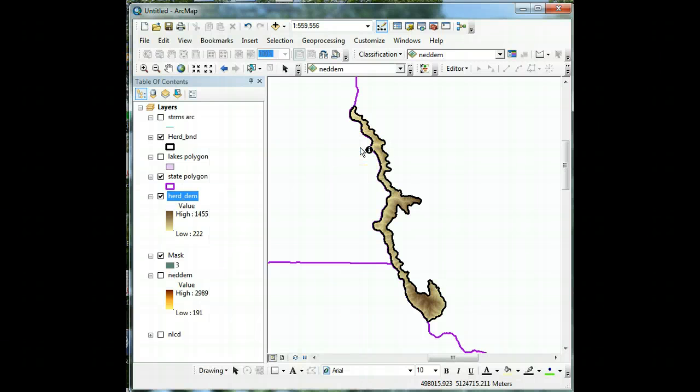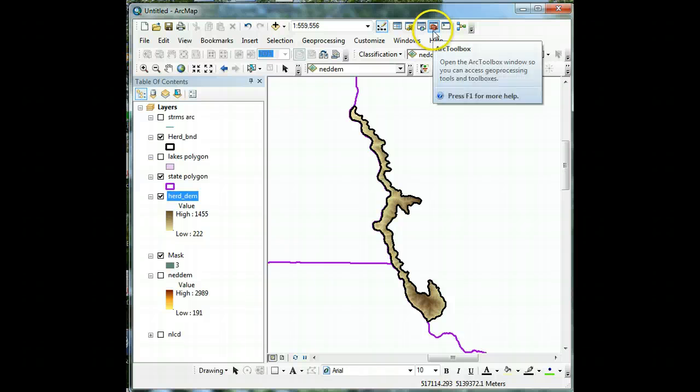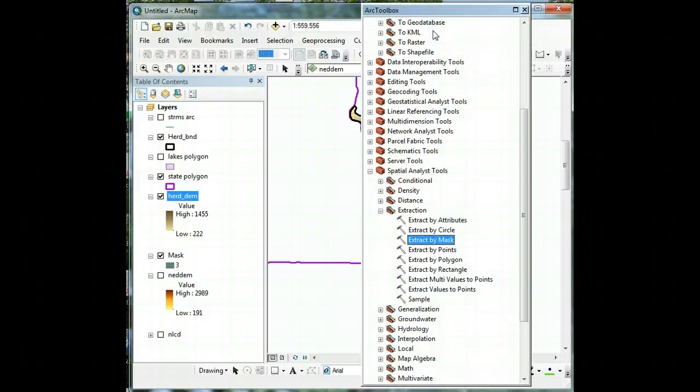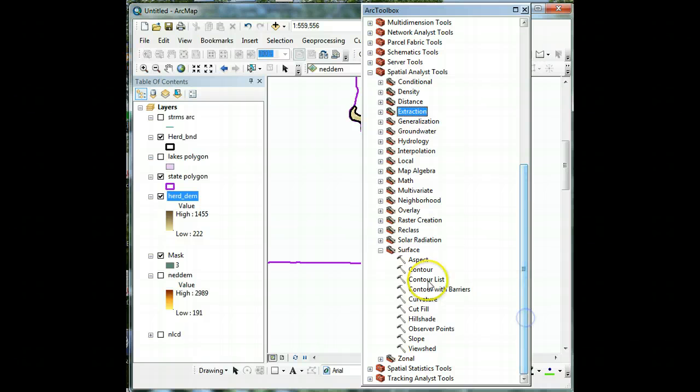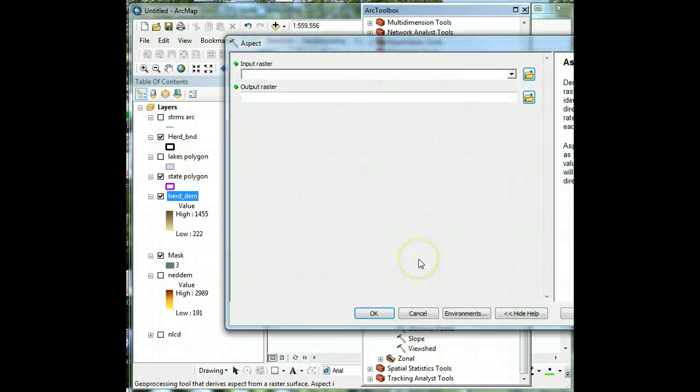Anyway, so the next step in your lab exercise is step B, where we're going to look at surface analysis, and from this digital elevation model we can derive slope and aspect and contours and so on. So we're going to go back into our ARC Toolbox again, and we are going to look at the surface analysis tools. So we'll open up those, and the first one we're going to do is aspect,